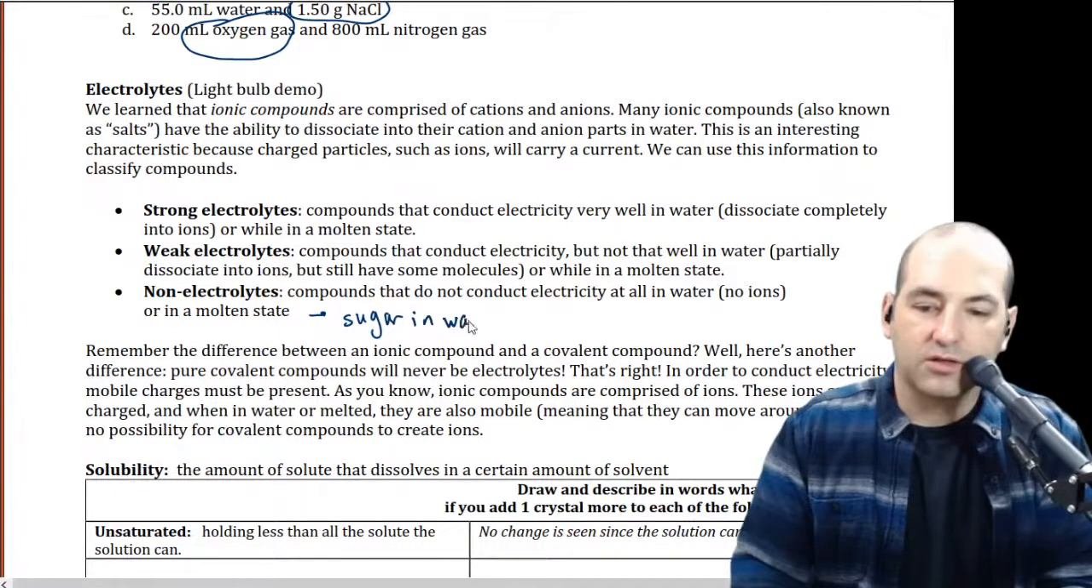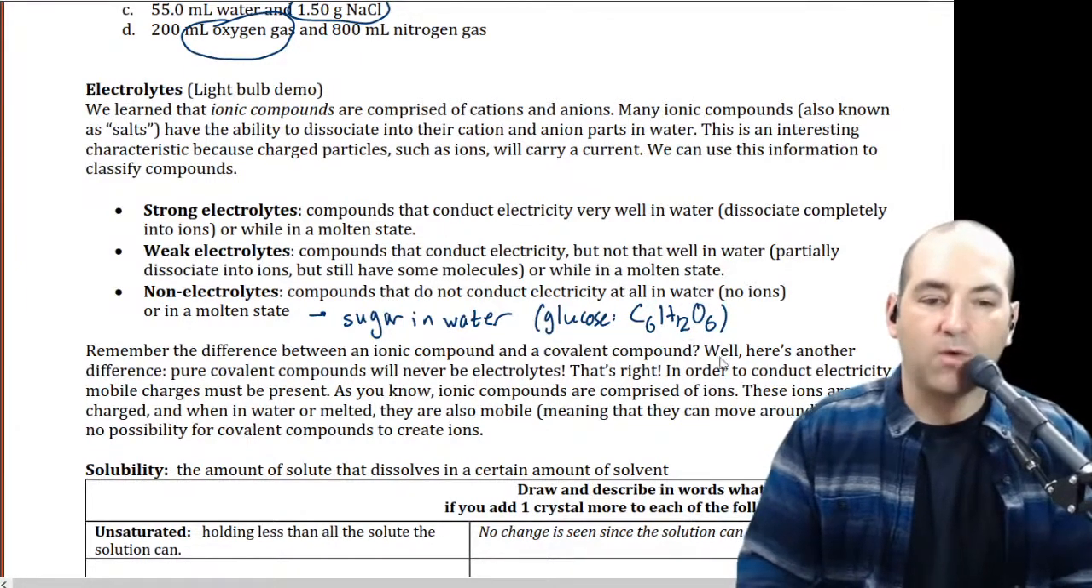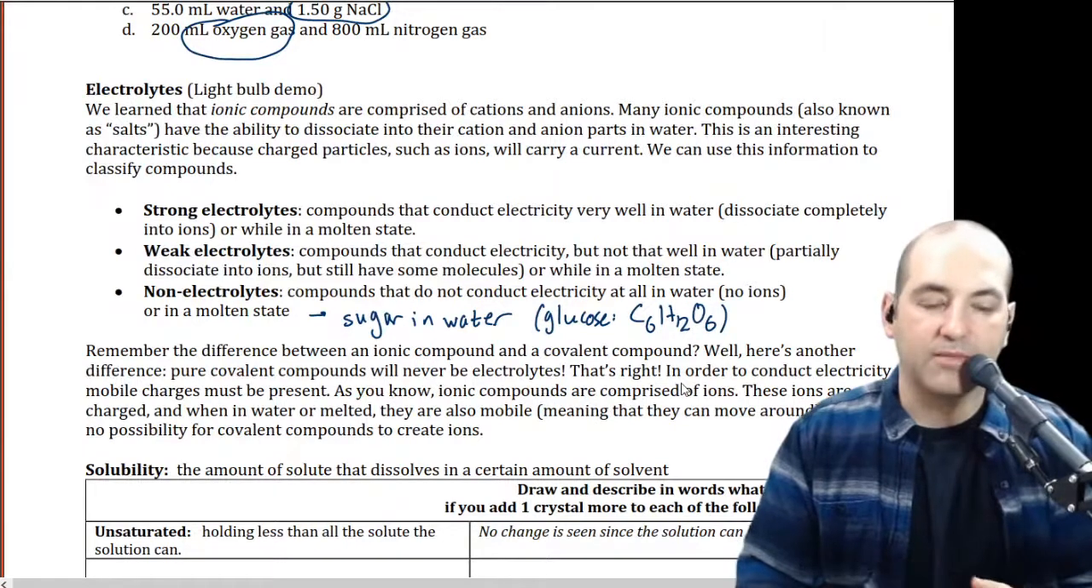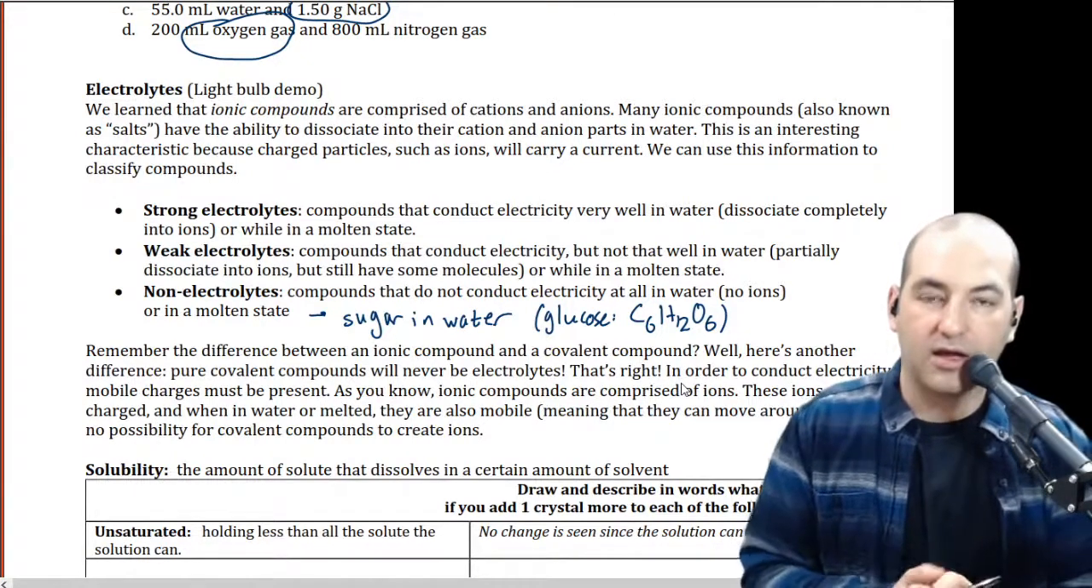sugar in water solution. So sugar, let's say glucose, although table sugar is sucrose, but let's just say glucose, C6H12O6. You can dissolve that in water, but that's not ionic, right? That's covalent: carbon, hydrogen, oxygen, all nonmetals. So that covalent compound is going to dissolve in water. I mean, you've seen sugar dissolve in water, right? And